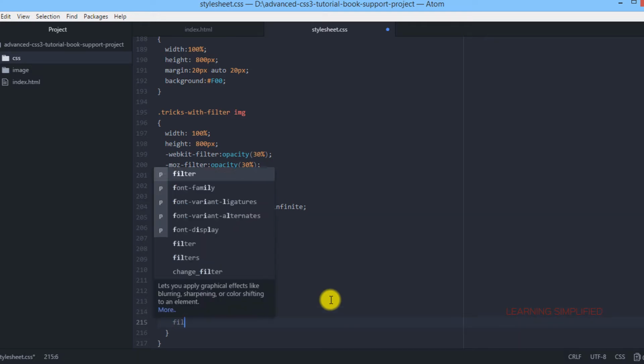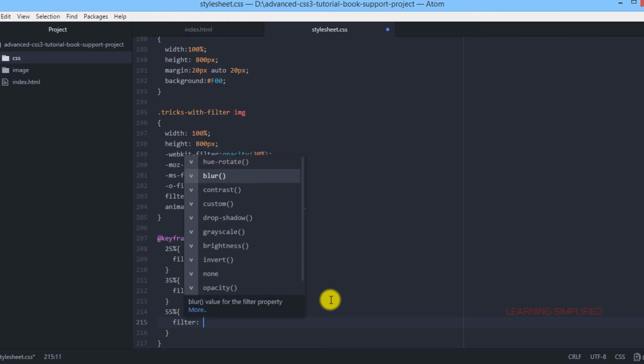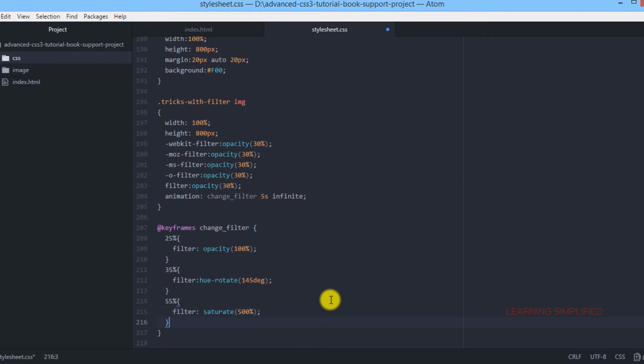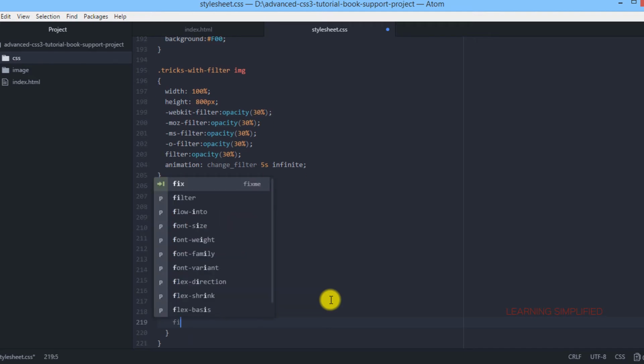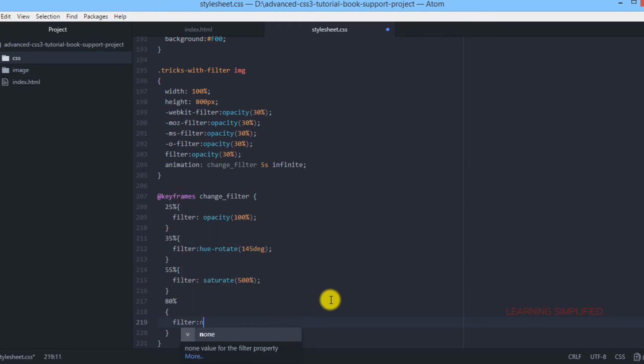Then at 55%, all we are going to do is set another filter. For say, we are going to set it for 500% saturate. At 75%, or for say 80%, we are providing a filter here which is none.